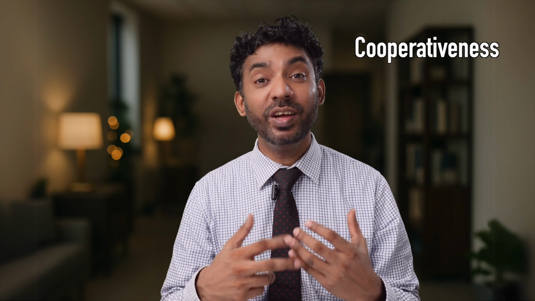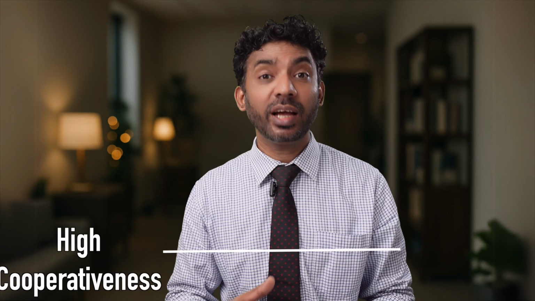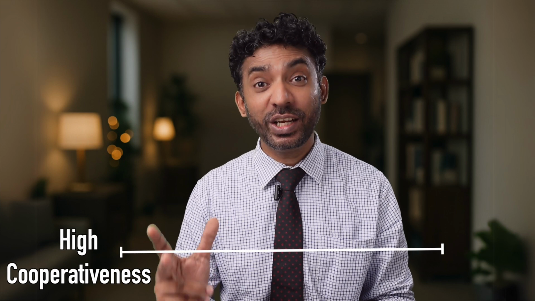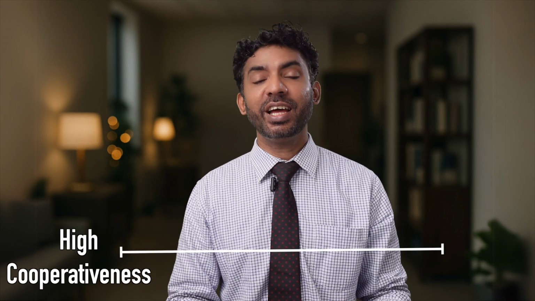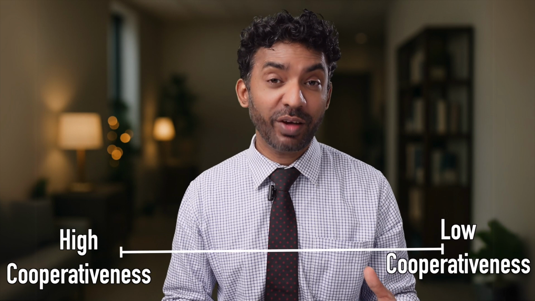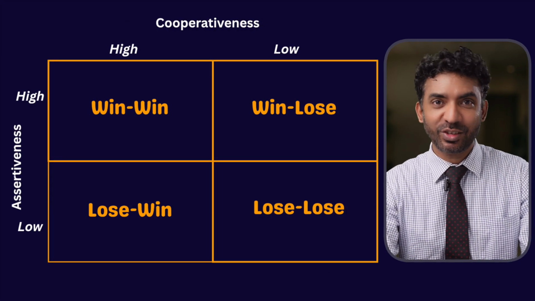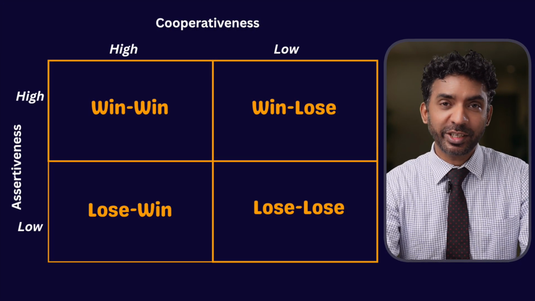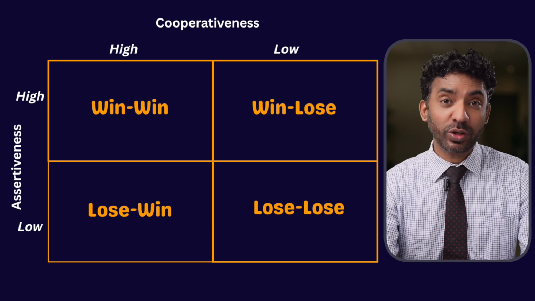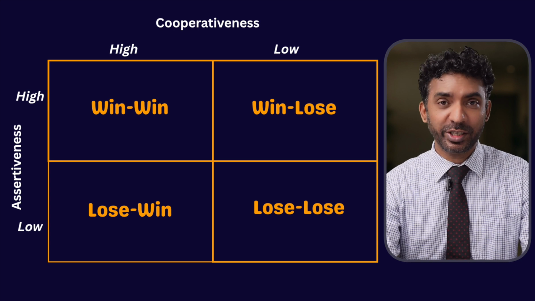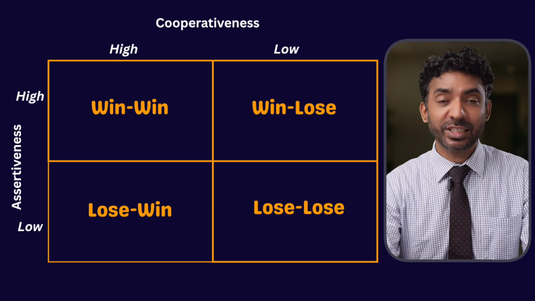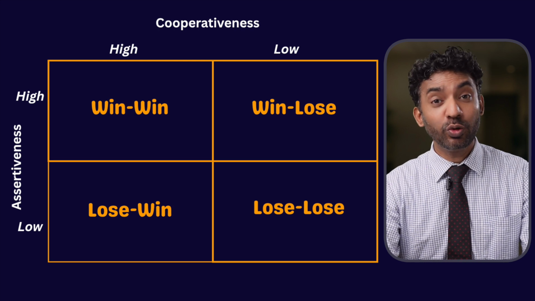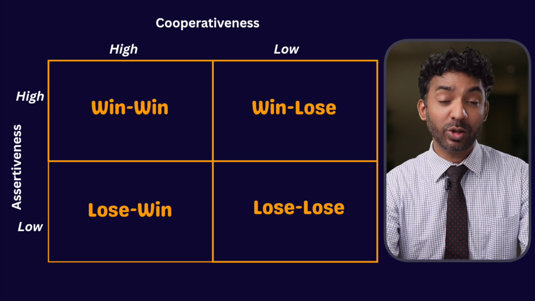Then there is another concept called cooperativeness. That means your willingness to work with the other people. High cooperative in the sense that you are having a great willingness to work with the others. But on the other hand, you are having low cooperativeness when you are having less willingness to work with the other people. Right. Now, based on this concept, we are having 4 approaches to resolve the conflicts. Win-win approach, high cooperativeness, high assertiveness. Win-lose approach, high assertiveness but low cooperativeness. Lose-win approach, low assertiveness and high cooperativeness. Lose-lose approach, low cooperativeness and low assertiveness.